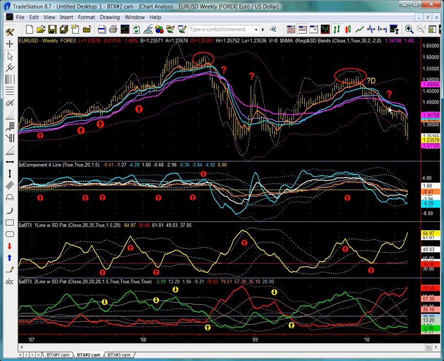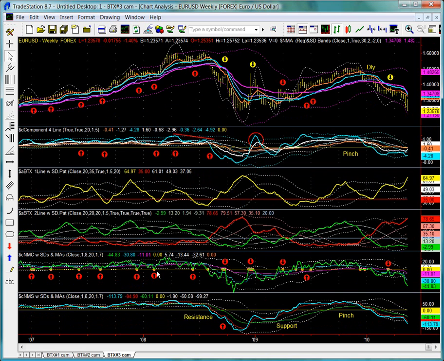Well, let's go back and visit our NMC study, which is specifically designed to offer highly accurate trade setups. Okay, here's the same chart of the Euro-Dollar weekly, now shown with the NMC and NMS studies added in the bottom two subgraphs. Note first the incredibly accurate NMC zero hit buy setups throughout 2007 and into mid-2008. This location here, another one here, at this point, and the orange dot is telling us that's a zero hit. Here, here,